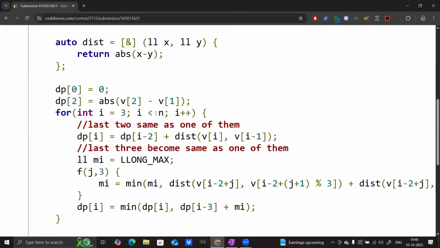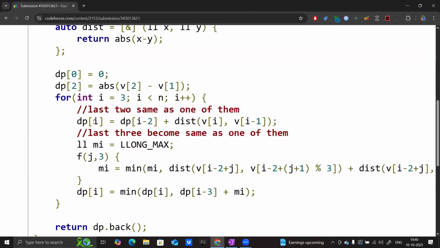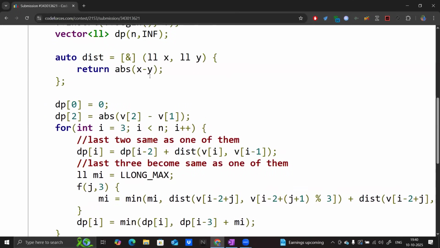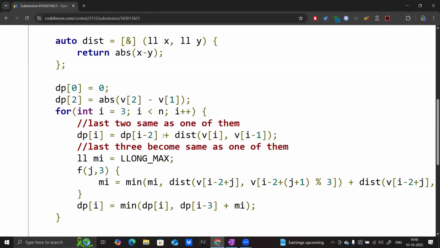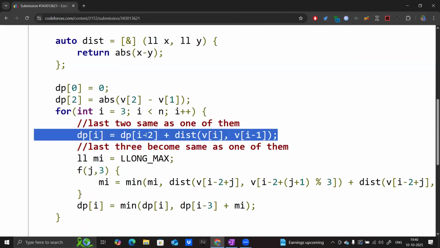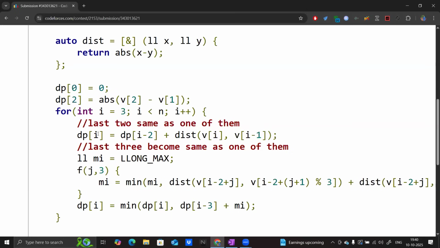And I start from I equals 3 to n. So DP of I. DP of I means the answer for A1 to AI, right? So either I have a group of size 2. That means Vi and V of I minus 1 are in a single group. So my cost would be the absolute value of Vi minus V of I minus 1. That's what this dist function is doing. Plus the DP of I minus 2, right? This is one possibility for DPI. Or we can have